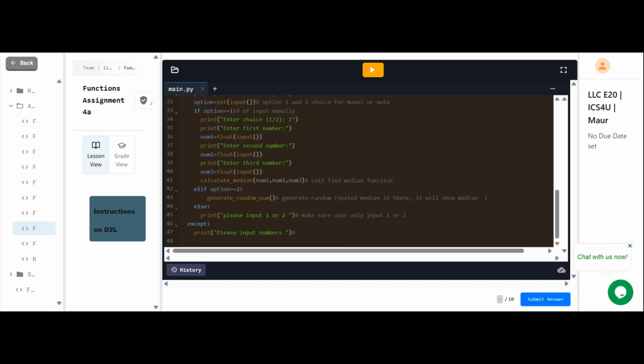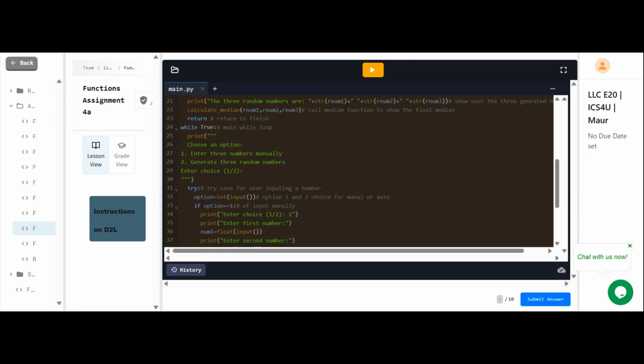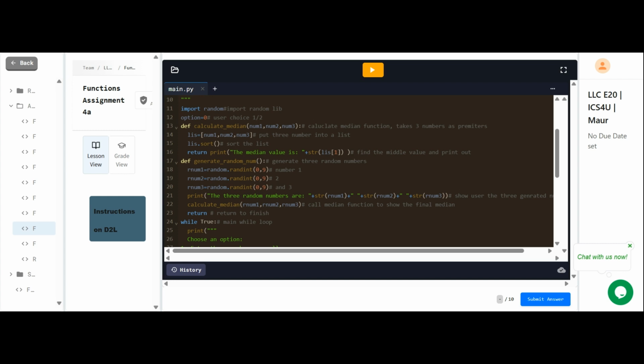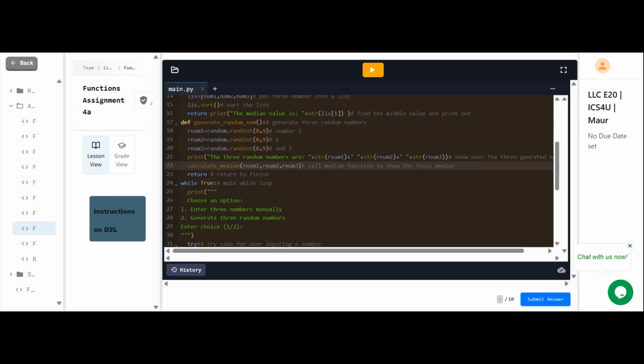And if you choose to do it generatively, we'll just have this function. So this is a nested function. First we generate each of the numbers, and then we print out to show the user what numbers we have, and then we call the calculate median function to find the median as well, and then we just return